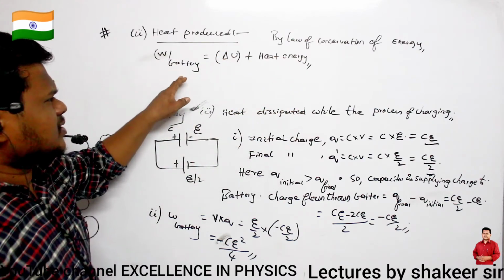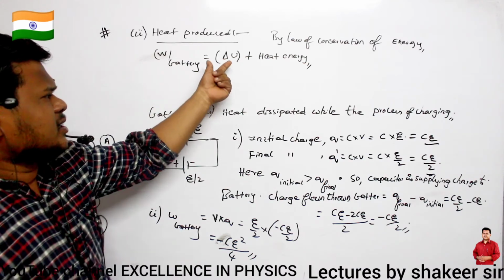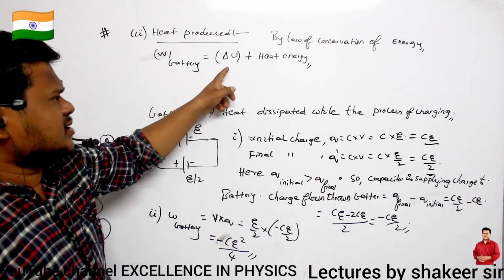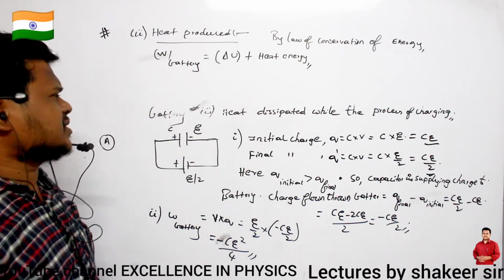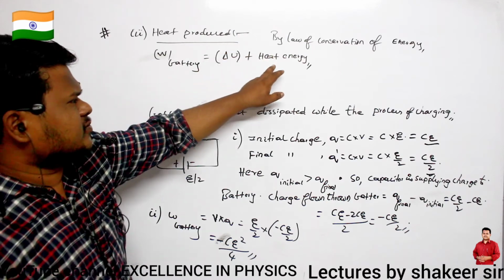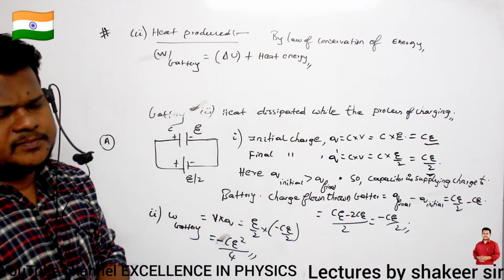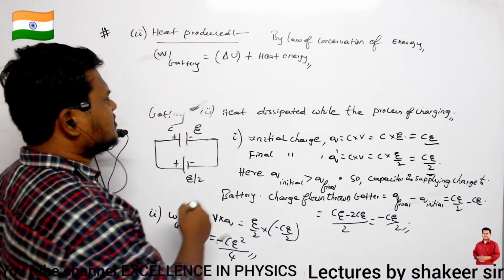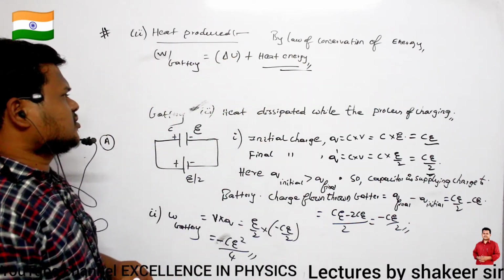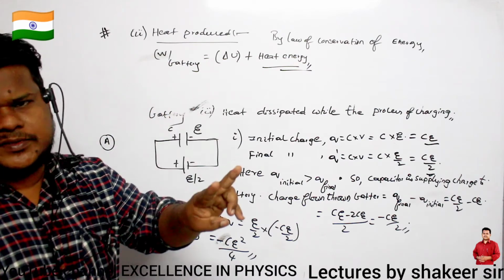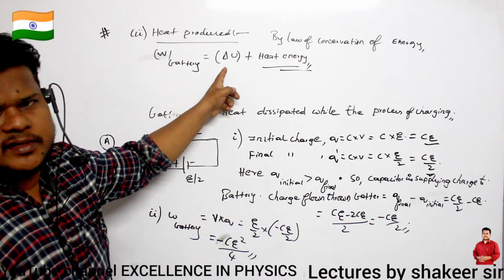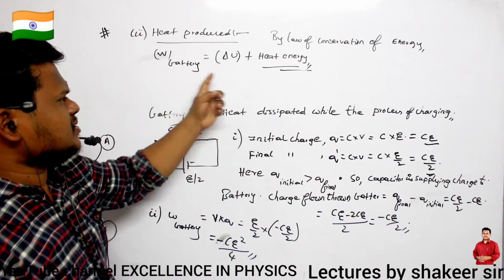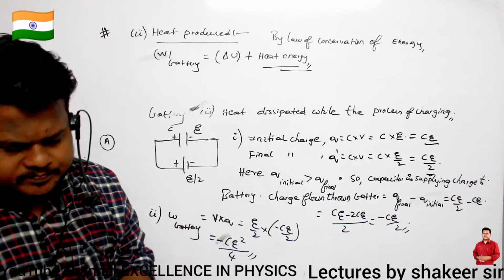So what is the total work done by the battery? First of all, it should produce some potential energy that should be stored in the capacitor, that is the first work. And the remaining amount of work done by the battery will be converted into heat energy. Are you able to understand? So if you substitute all the values in this relation, then I can calculate heat energy. Total work done by the battery will do two things: across the capacitor it will change the potential energy, and the remaining energy will be converted into heat energy. Already we have studied this in the last class, no? So come on, try to do.